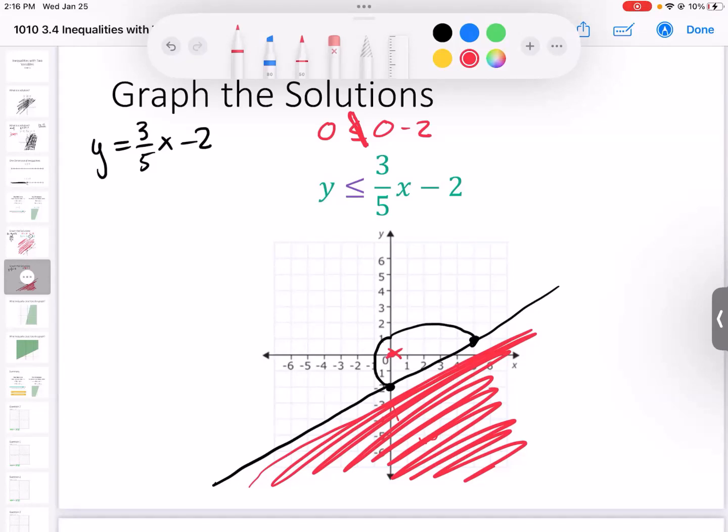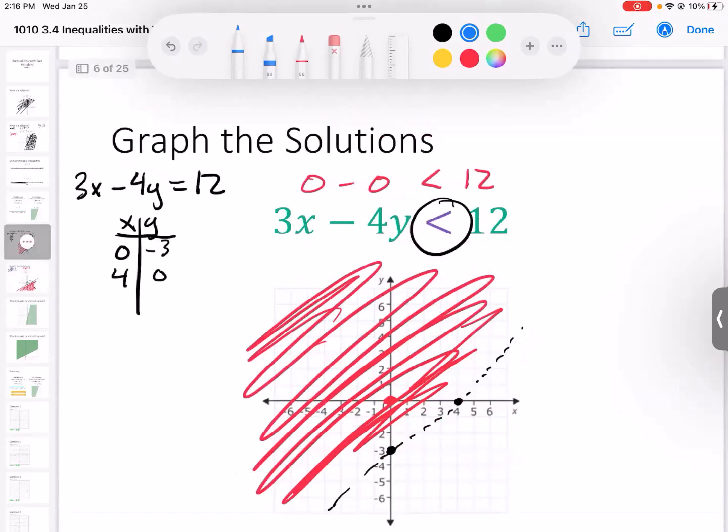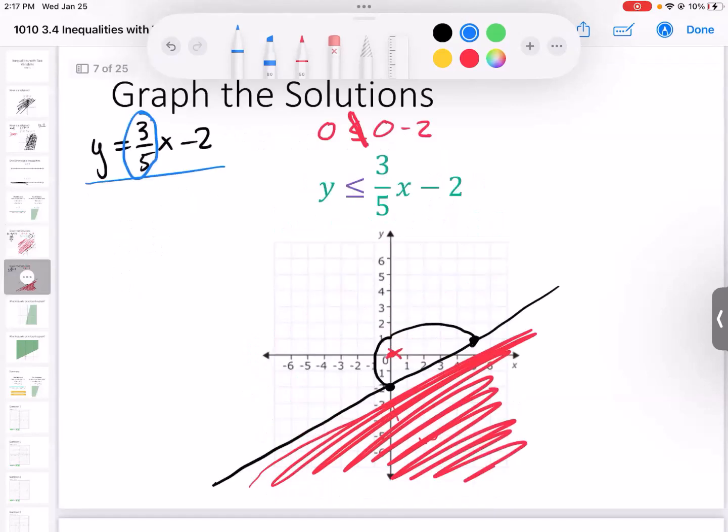Okay. Yeah, so this number right here is the slope of the line, and that's only because this is in slope-intercept form. If it's in a different form, like in this one, it's not necessarily a slope of 3, but because it's in slope-intercept form, that's the slope. And the slope is calculated as the rise over run, and this is going to be a +3 over a +5. So I started at my y-intercept because I know the y-intercept is a point, and then I went up 1, 2, 3 units for my rise, and then I went over 1, 2, 3, 4, 5 units,